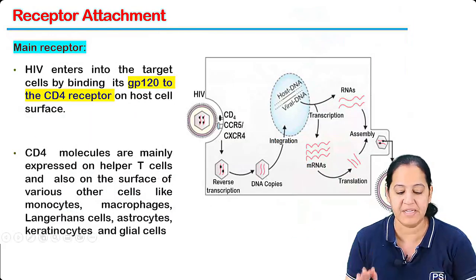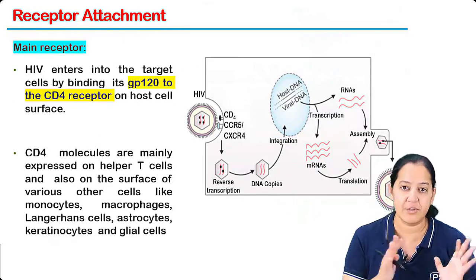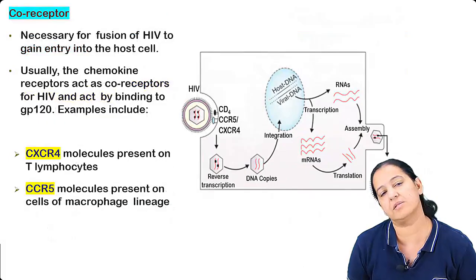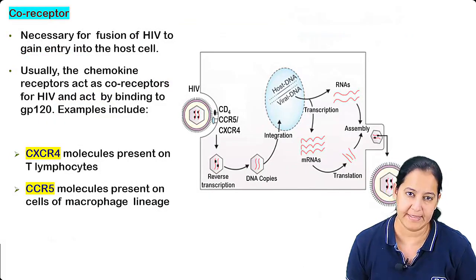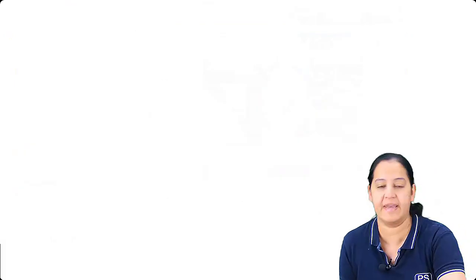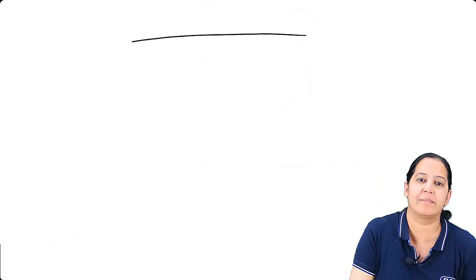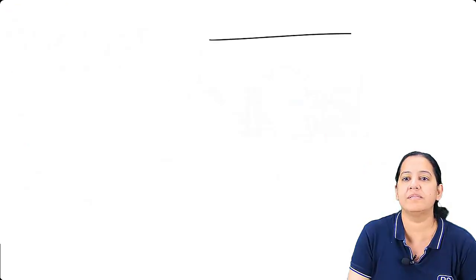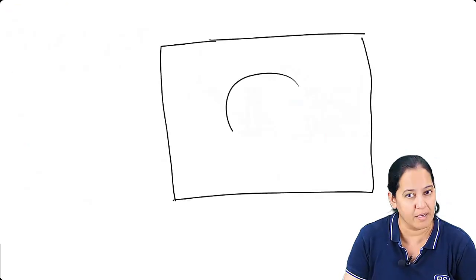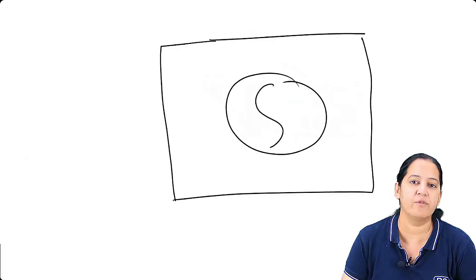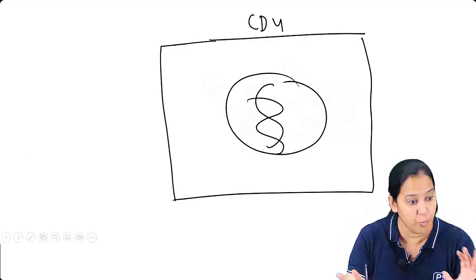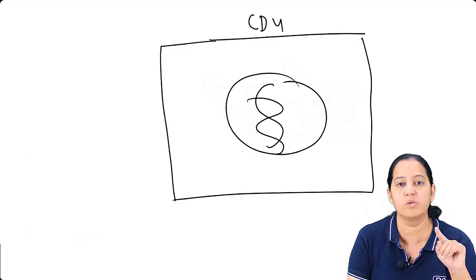Now let me tell you how the virus replicates inside the host cell. I will draw it rather than explaining. Let me draw a human cell, which is a CD4 lymphocyte. So this is the human CD4 lymphocyte having double stranded DNA. This cell is the CD4 lymphocyte of the human, the host cell of the virus, and